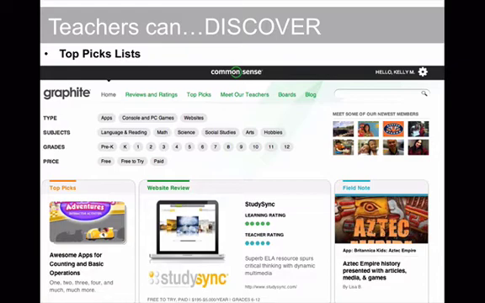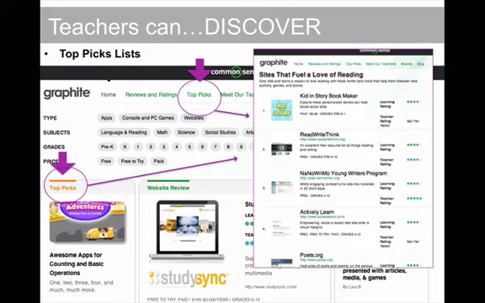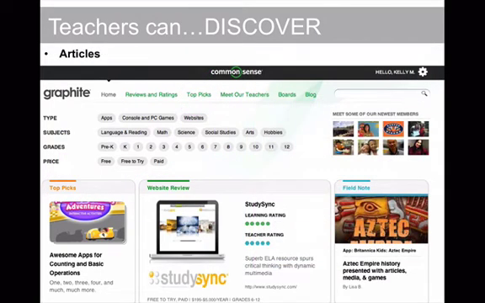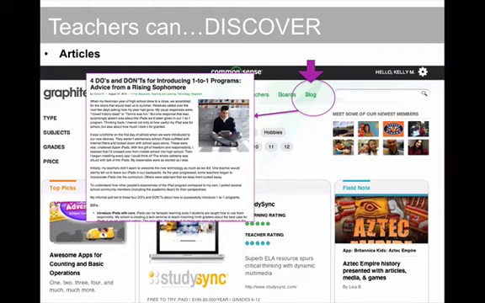For one, you can discover great content through top picks lists. And there's a couple places. I'm showing you screenshots of Graphite here. There's top picks lists like best science apps or ELA Common Core tools or wonderful things for math Common Core connections. There's also top picks that we feature on our homepage. And again, that's that list of tools that will lead you directly to the reviews. You can also discover through wonderful articles on the Graphite blog